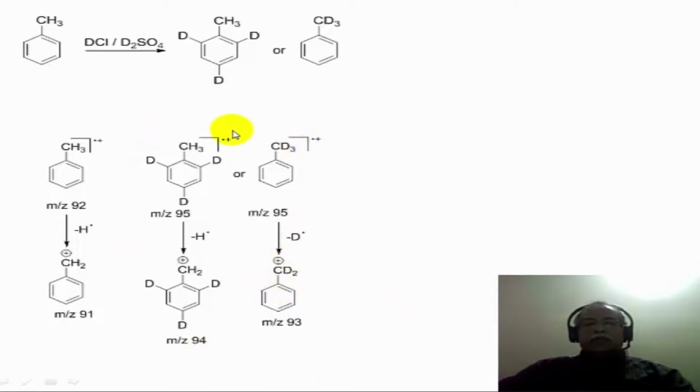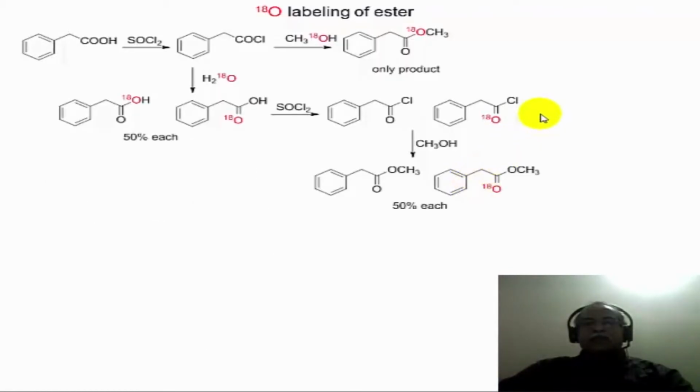In reality, when you do the reaction, it is actually the ring hydrogens that are substituted by deuterium to give the trideuterotoluene, because the identification of m/z value 94 would correspond to only this particular peak, and this would be 93 and this would be 91. So mass spectrum is a very valuable tool even when you do substitution reaction, particularly when the substitution is a higher isotope of a given element, for example. This is further illustrated in the oxygen labeling of this particular ester.